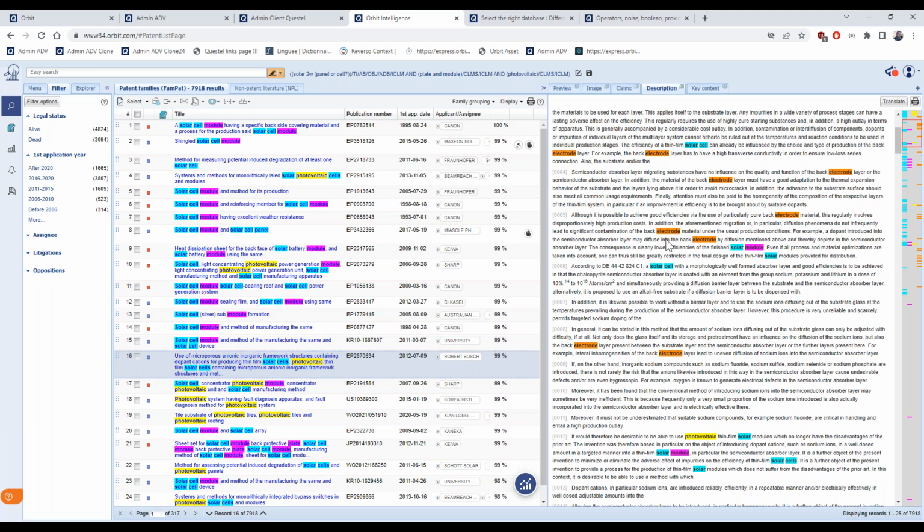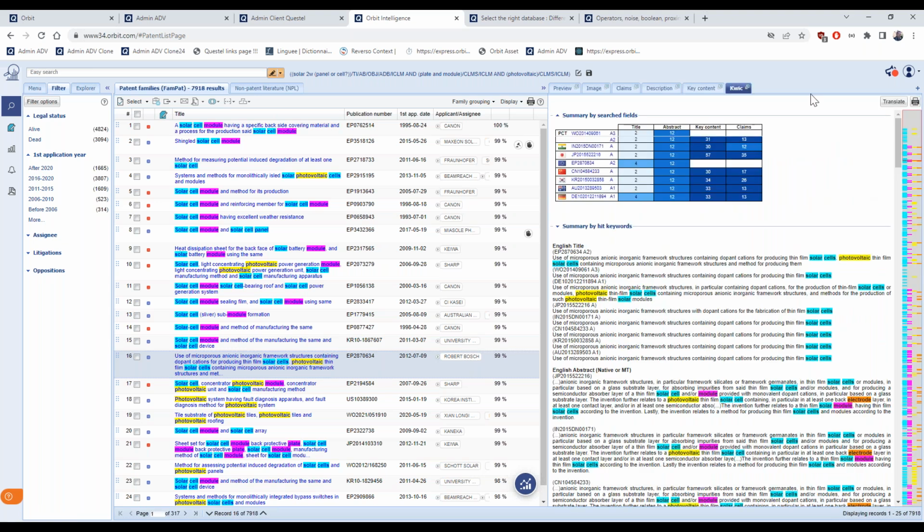When you run keyword searches, an interesting function and an interesting tab that you can add on your view is the so-called quick tab. You can find it always by clicking on the top, on the plus. And the quick stands for keyword in context. So for example, here I have a summary by search fields.